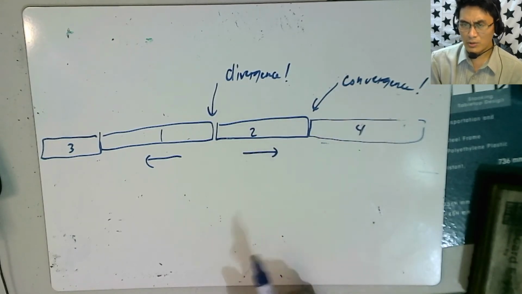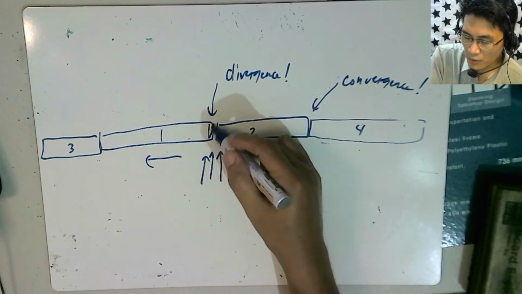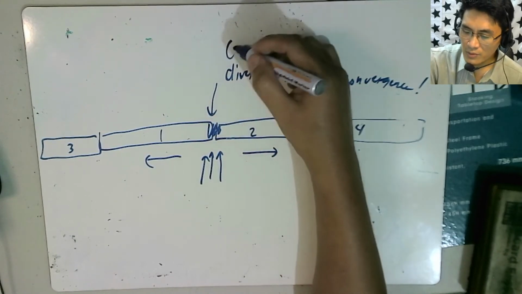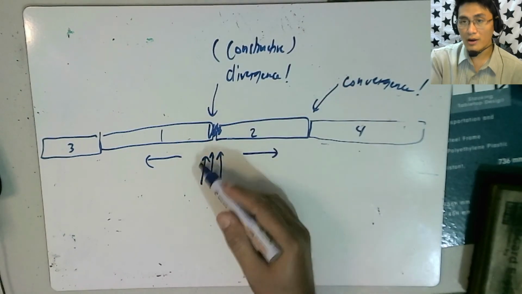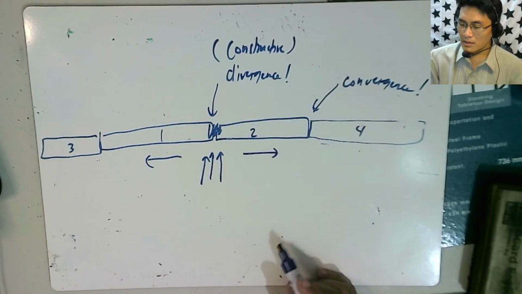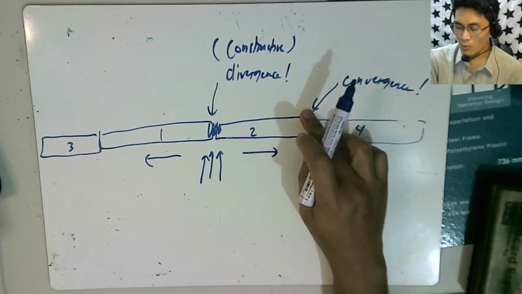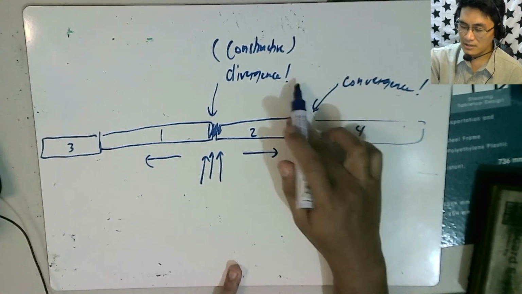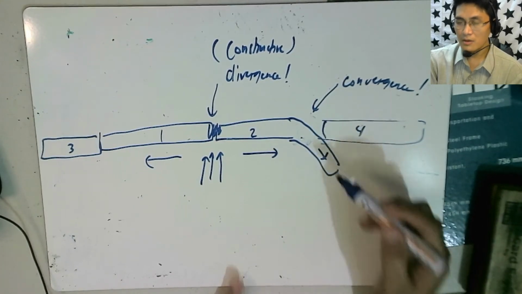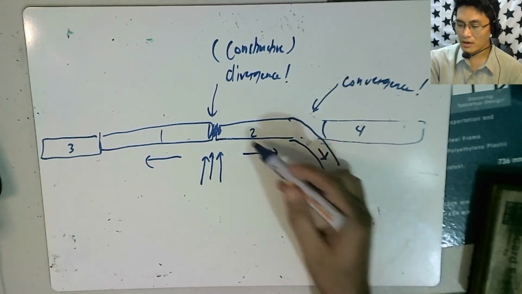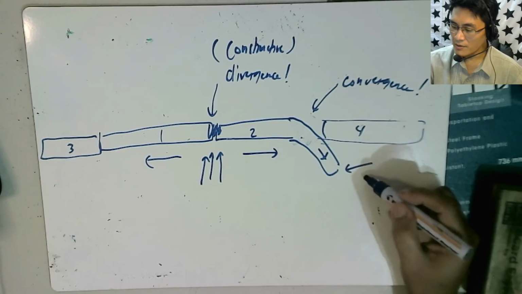What is the difference between the two? Well, here in divergence, remember, magma comes out, forms new seafloor. So there is what we call a constructive process, meaning you create new crust. But what happens in convergence? Well, one of the things that happen in convergence, as was discussed in the previous video, is that one of the plates might subduct under the other. And when it subducts under the other, guess what? The crust gets melted, and therefore here there is